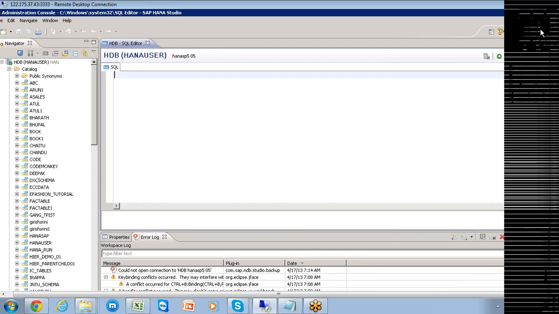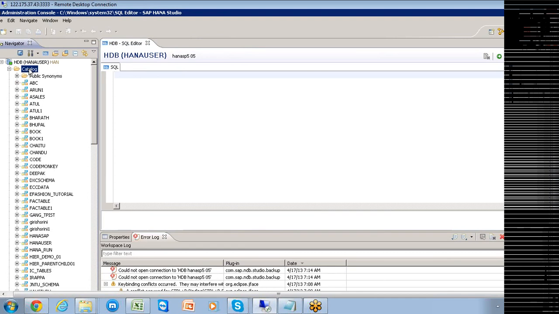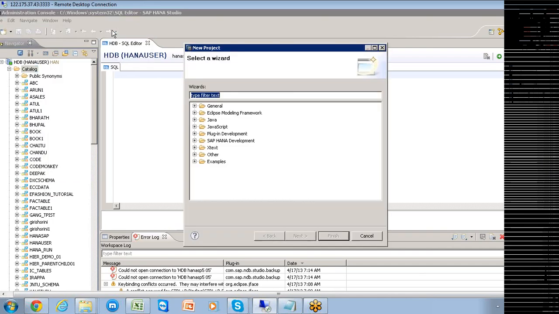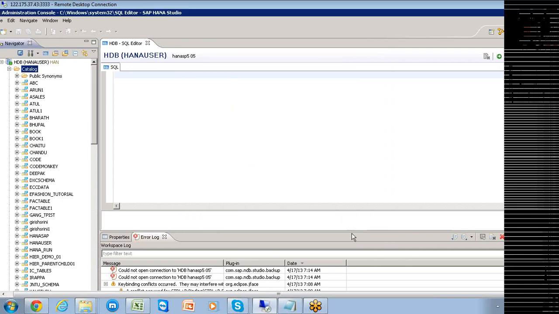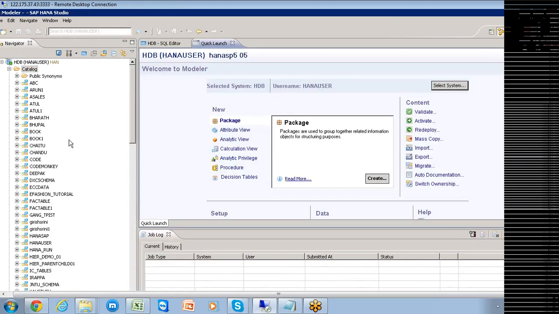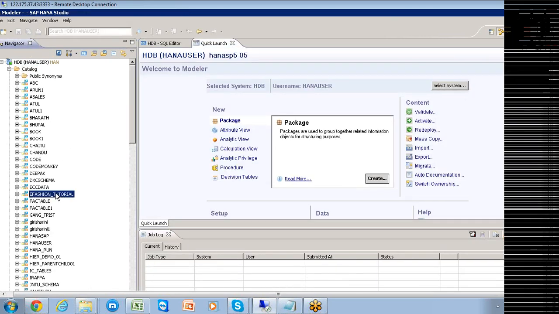That is, when you go to the admin, when you go to this catalog, when you go to the file, when you click on new, we can try to create a new project. Within that particular project, we can have the option of creating all the different types of schemas. Once the schemas are created, within that one we can have the option of creating the different types of tables.